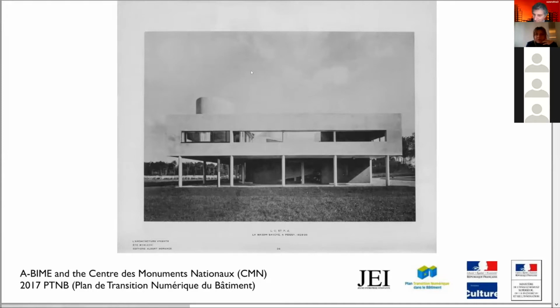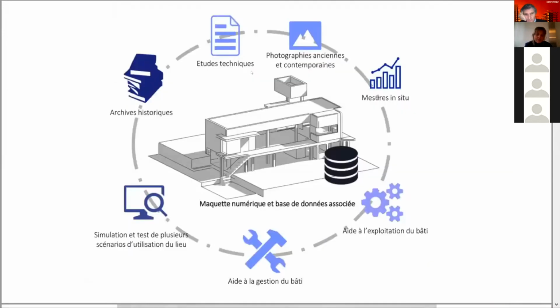We worked on this kind of building that is, of course, what we can call a masterpiece, even if on the notion of masterpiece we should debate right now. But actually it is a really well-known architecture and an icon of modern architecture. And this status of icon